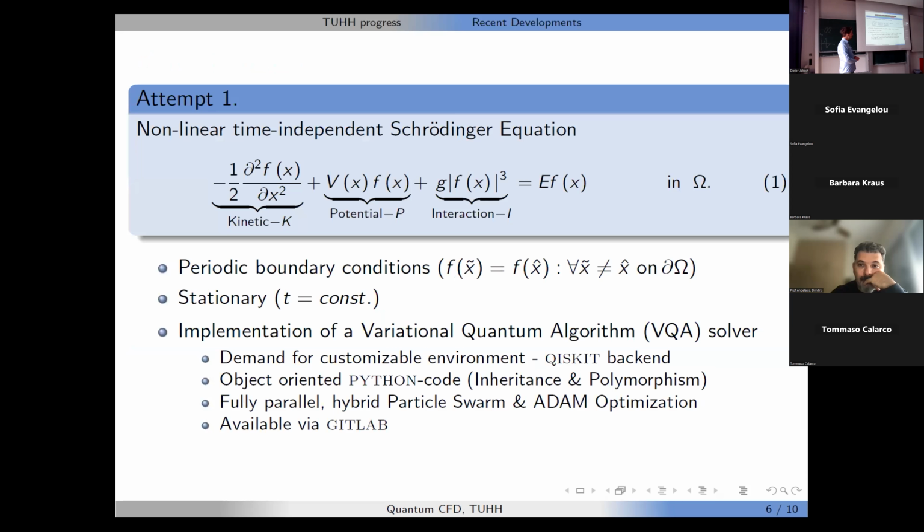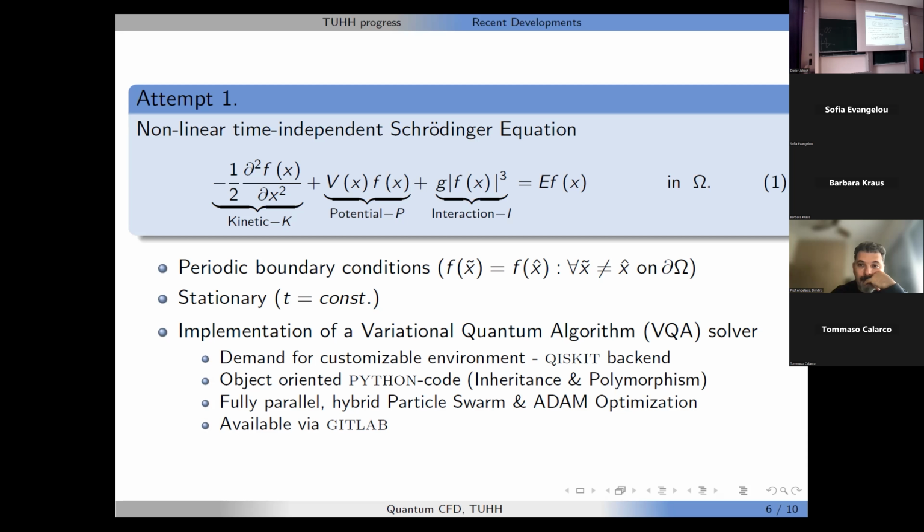So in the first attempt that I already said, we walked back from the Burgers equation, which we know from CFD. We walked back to the Schrödinger equation, which you probably know even better than we do. And we use a similar structure or similar idea here as we had in the paper from Lubasch et al., which was released. And we have here the kinetic term, the potential term, the interactional term in the Schrödinger equation,